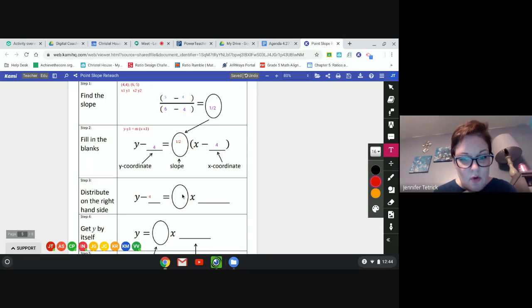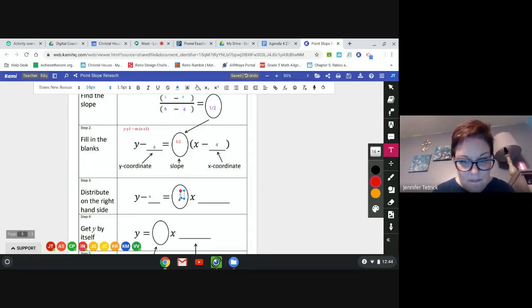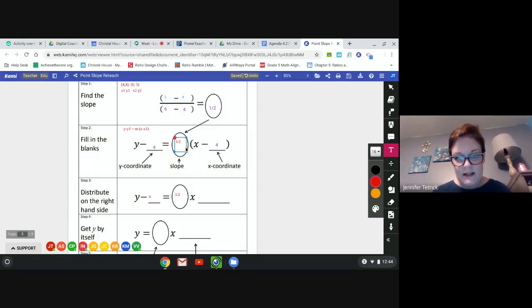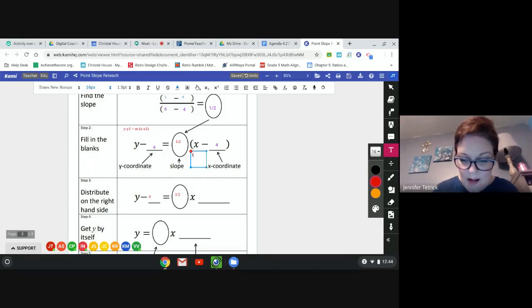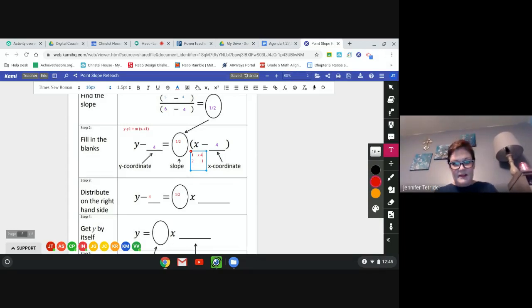Now I have to distribute 1/2. This is where it's going to get tricky because some of y'all get scared of them fractions. So you can do cross cancellation, which I love to do. It's one of my favorite things to do. If I take 1 over 2, and I multiply that by 4 over 1,